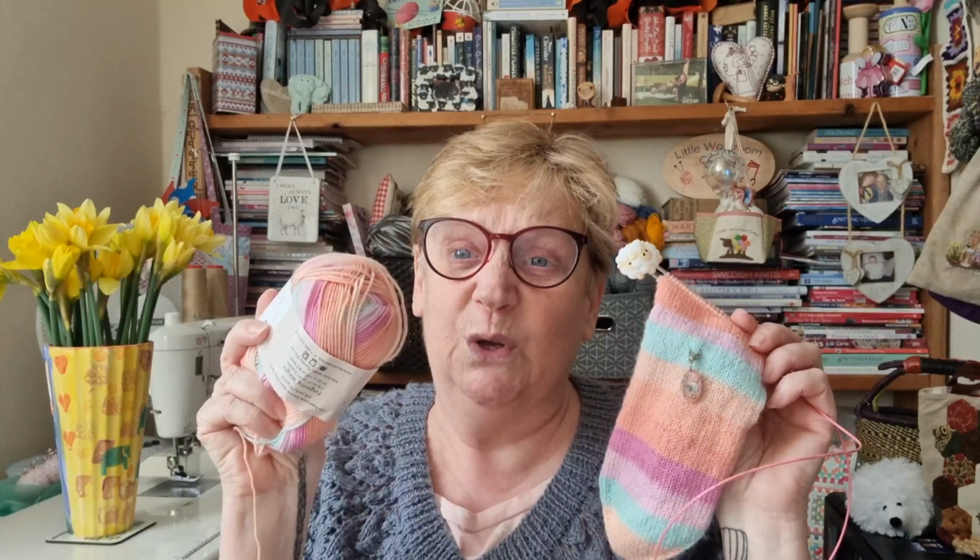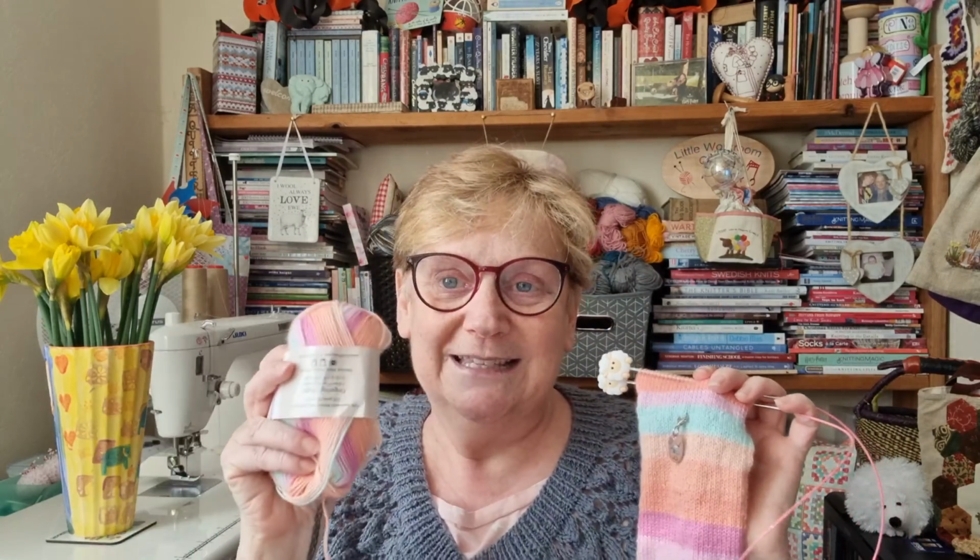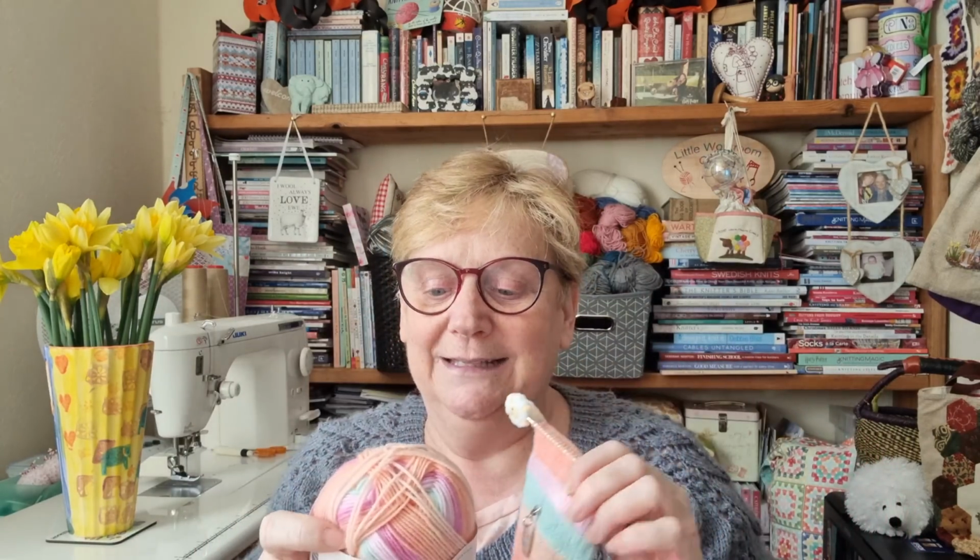As I said with this one, I was actually going to use the whole of this ball of wool for one sock, and then this ball of wool for another sock. But I've come up with the idea, because I'd love to wear these when I go out next month with my Converse boots that my Rebecca bought me, so I'm going to do them as shorties. So I haven't got a lot to do. I'll finish this sock tonight. I've just weighed this on my little tiny yarn scales, and